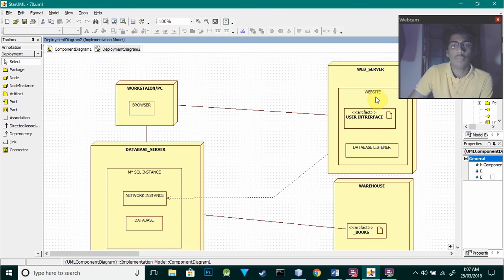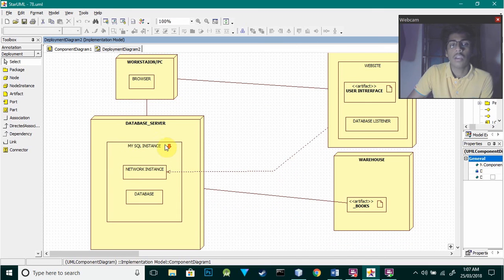contains the browser through which we can access the website, which is inside a web server. In the website we will get the user interface, the UI, through which the user interacts, and after he places any order, it goes through the website. It goes to the database listener, which is connected to another node, that is the database server, in which there